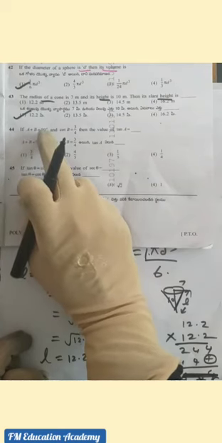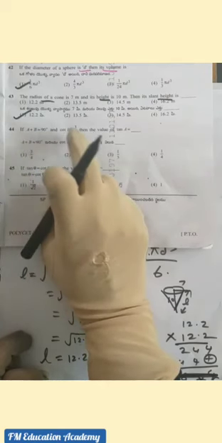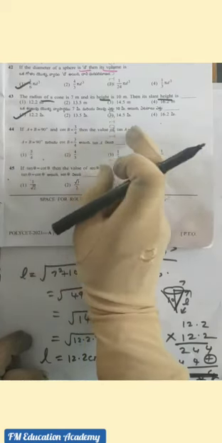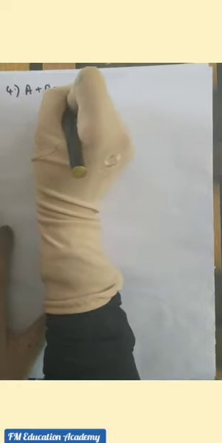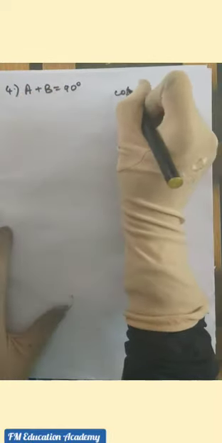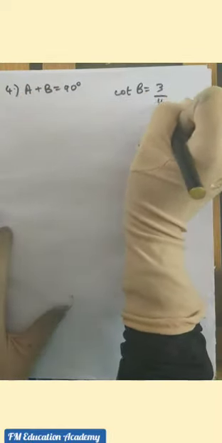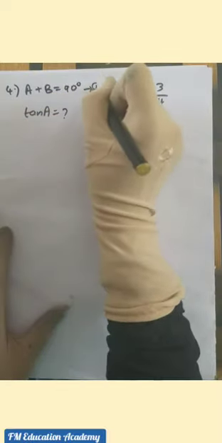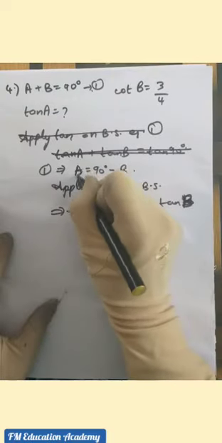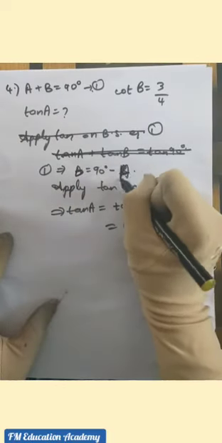44th question. If a plus b is equal to 90 degree and cot b is equal to 3 by 4, then what is the value of tan A? Given a plus b is 90, okay, and it is also given that cot b is 3 by 4. If a plus b is 90, what do we have to find out? We have to find out tan A. So what I'll do is, from equation 1, we have b is equal to 90 minus a, because here we want